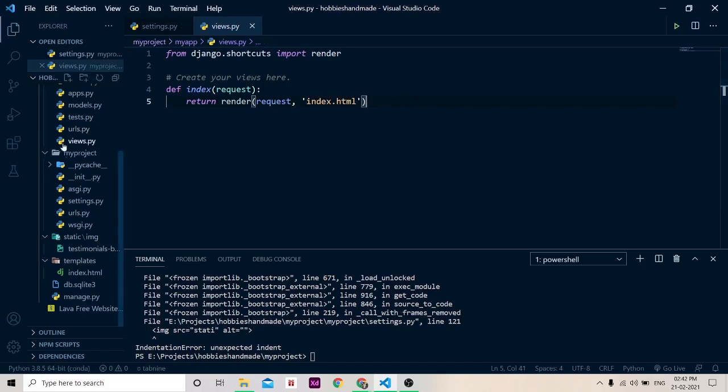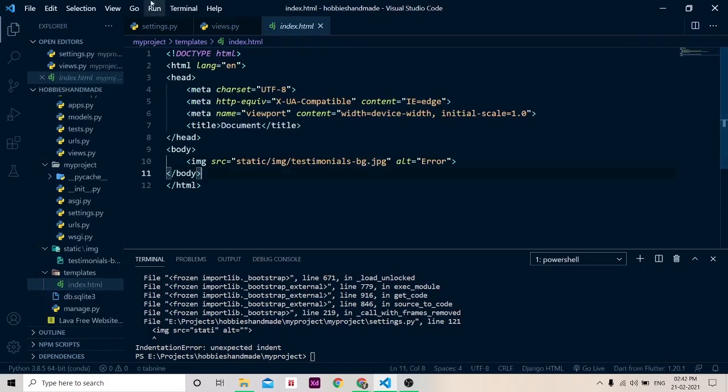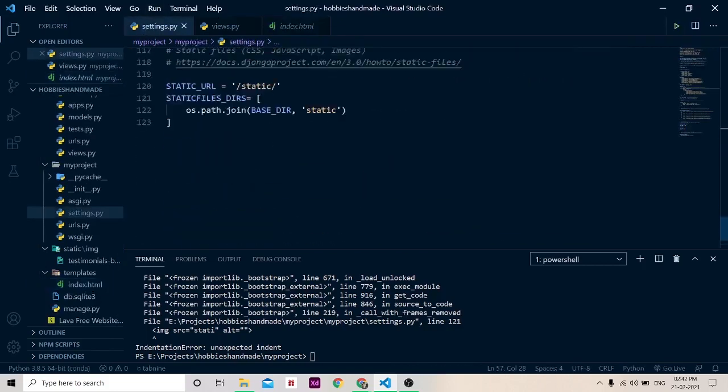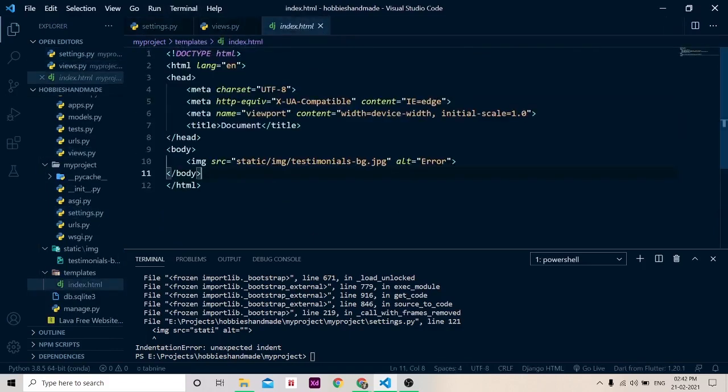Similarly, for static, in the index.html file, if we want to use these things, we have specified the directory of our static files, the static folder. So in the index.html file, we can write like this. Let's copy this. This is the method that we can use.